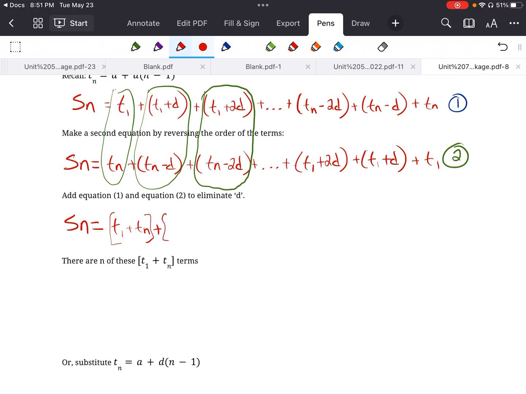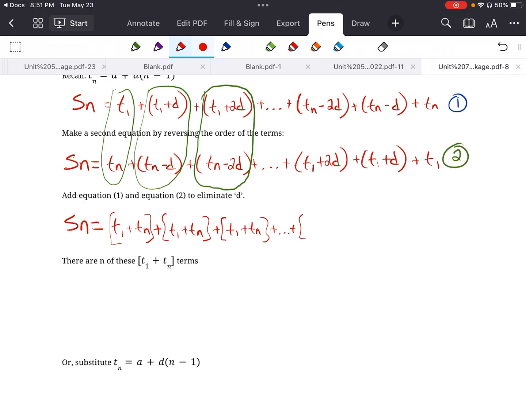The second term would be, so the positive d and negative d will get rid of each other, so you end up with T1 plus Tn. And the positive 2d minus 2d would get rid of each other, so we have T1 plus Tn,